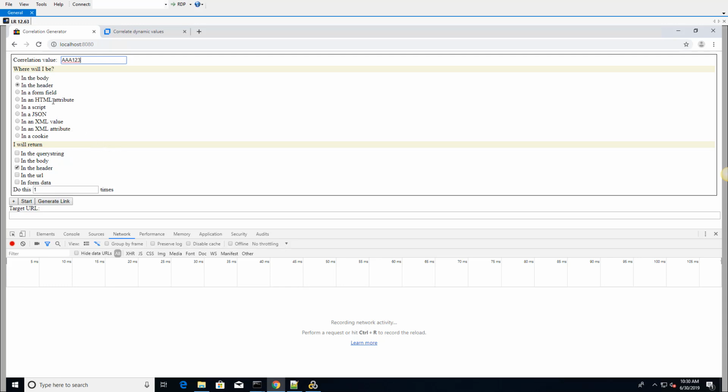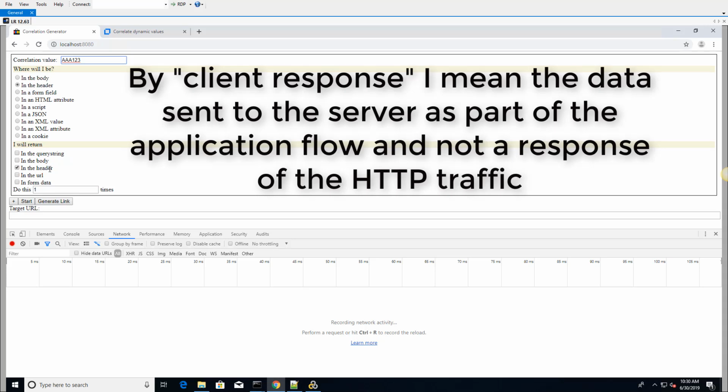Then you select where the value will appear in the first server response. So we'll select in the header. And then you select where the value will appear again from the client response. So here I will select in the header as well. Press start,